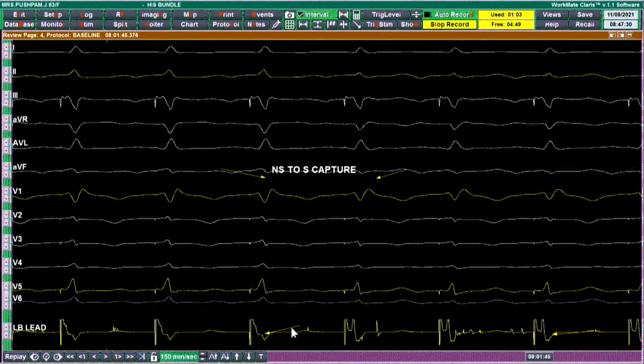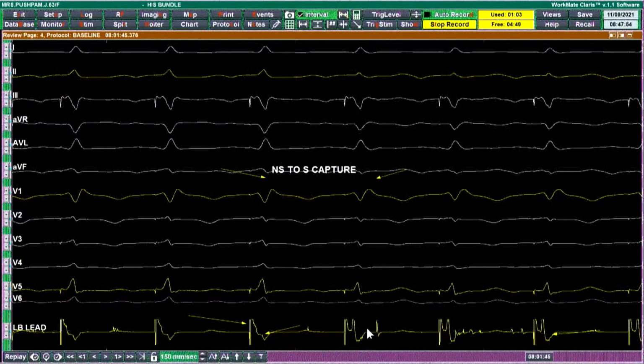Just show that for the third beat, there is a pacing artifact and there is a merged ventricular electrogram occurring immediately after that pacing artifact. There is no distinct interval between the pacing artifact and the local ventricular electrogram. Now just see the fourth beat. Don't put any cursor, just take out the cursor and concentrate on that electrogram.